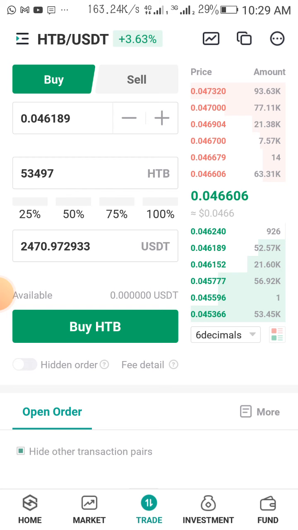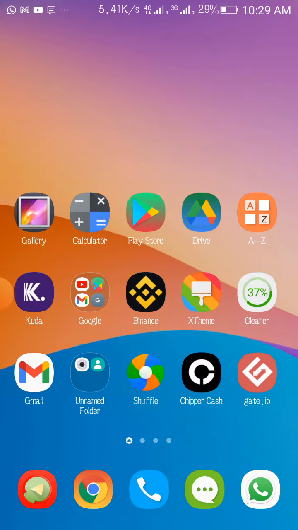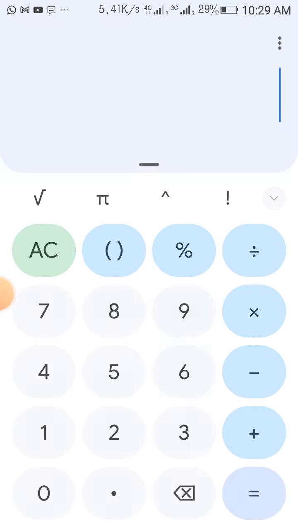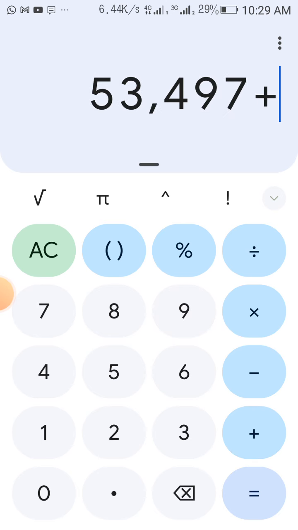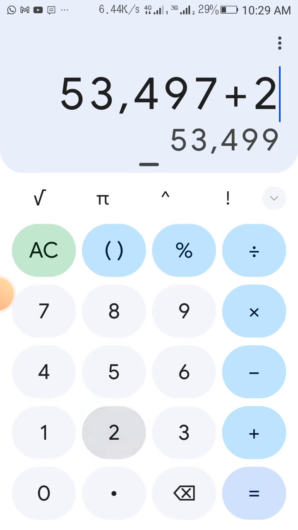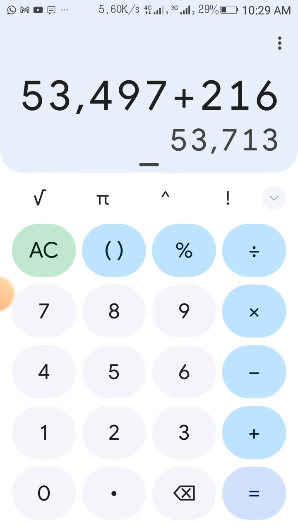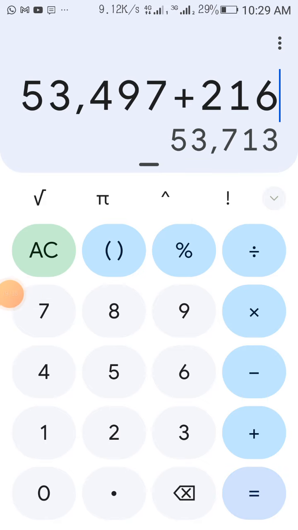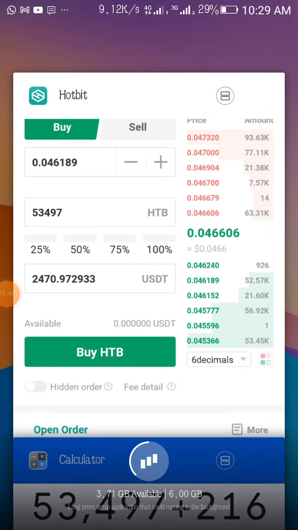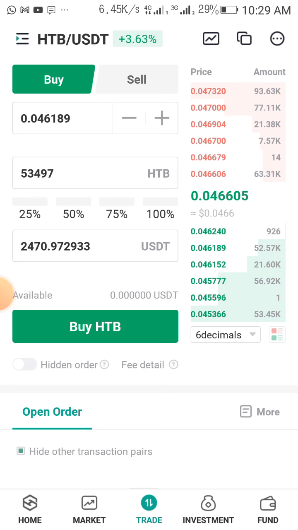An order has been added already, so it is now 53,497. Then I'm adding an order that will add an extra 216. So it will now accumulate to 53,713. So if I place my order now that I want to buy 216 HTB,